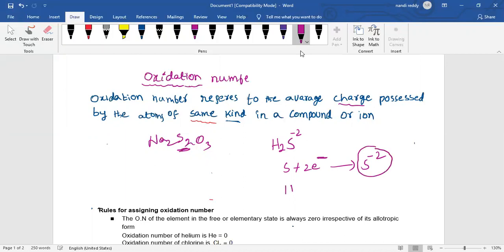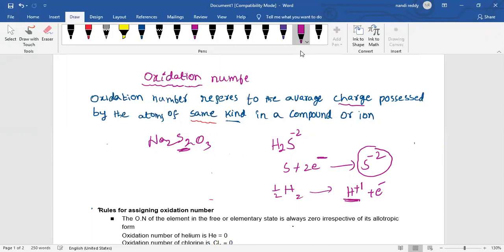Here we can see hydrogen, I am writing H2. That is a representation of the H2 molecule. Single hydrogen can't exist. It is highly reactive. So you will get H+ plus an electron. This is loss of an electron. That is the reason hydrogen got positive +1. So here the oxidation number of hydrogen is +1.